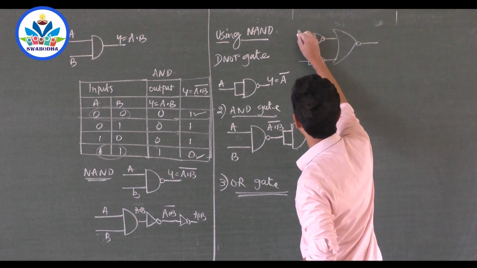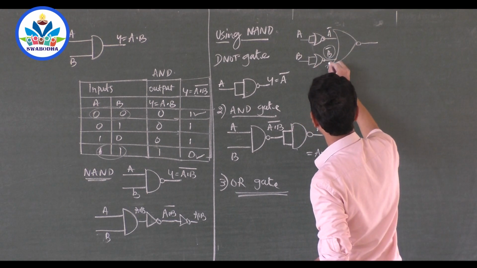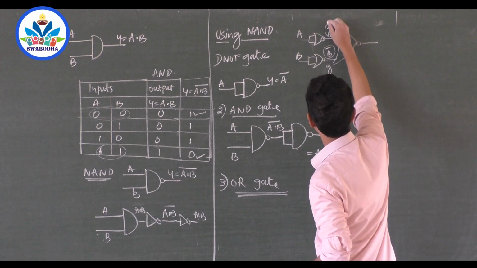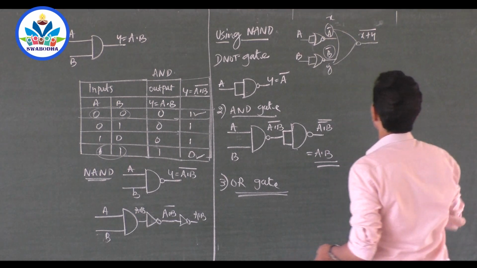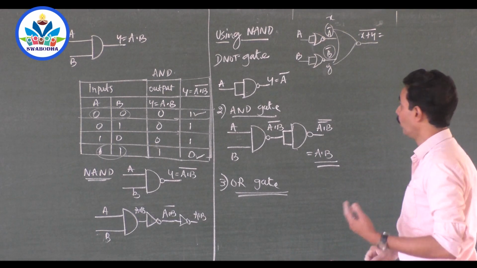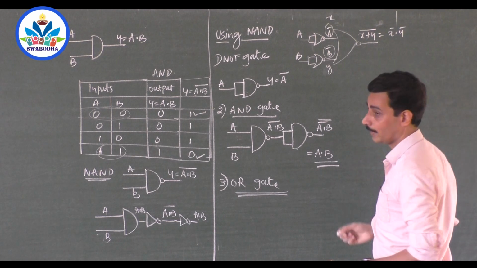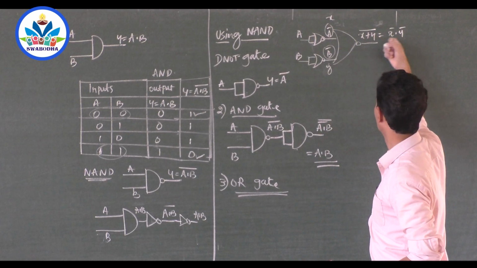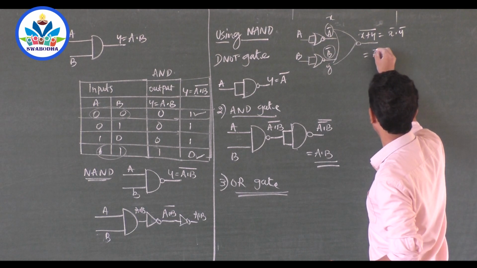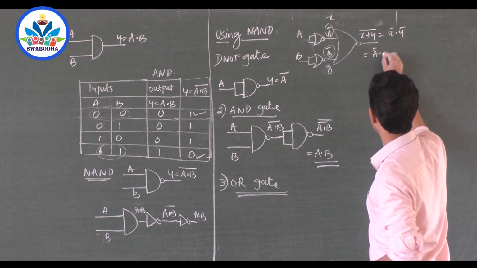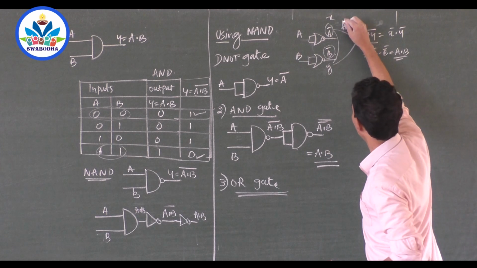Remember it? A, B. A bar, B bar. So what was this? Was taken as Y, and this was taken as X. This is NOR, X or Y whole bar. But this is also equal to X or Y whole bar is equal to X bar dot Y bar. Remember? A plus B whole bar is equal to A bar dot B bar. That is called X bar. X bar is A bar bar dot Y bar. Y is B bar. B bar bar. That is equal to A dot B. And this was AND gate.